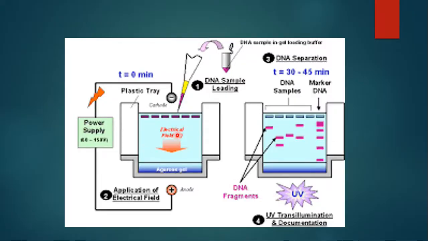And if you observe here, these are getting separated. The DNA fragments are getting separated. So this one has the smaller molecular size, so it is moving fast. So this is how the DNA sample was loaded and they are getting separated. If you observe here, this is the loaded area, and from there, they are moving like this.